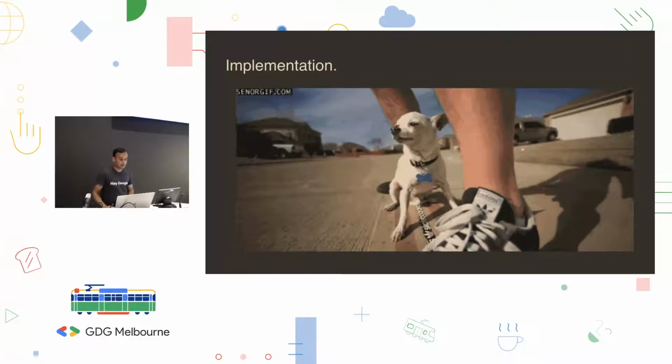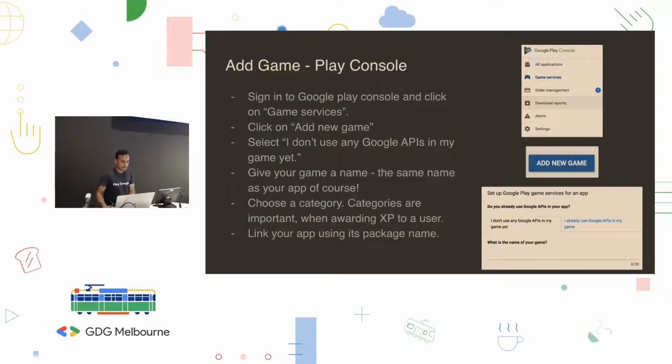Implementation. So this is the first step in terms of implementing leaderboards. When you publish an app on Play Console, you publish the APK or app bundle, and that comes up under all apps. But on the left side, if you have a look on the Play Console, there will be a game services section, and you've got to add an entry there. So even though you publish the game as an APK, you still got to associate it with that to be able to use the leaderboards. So yeah, tap on game services and go add new game.